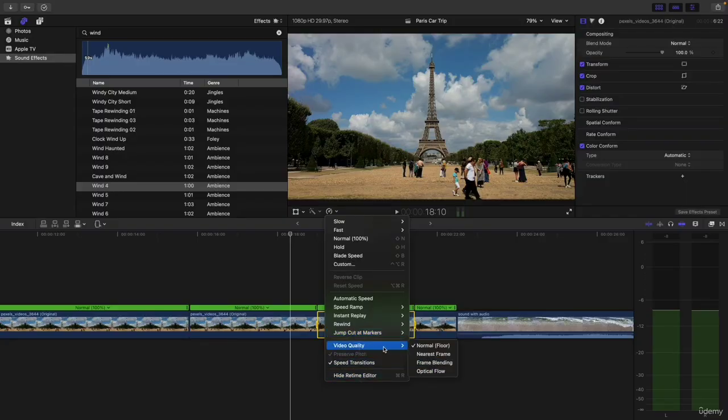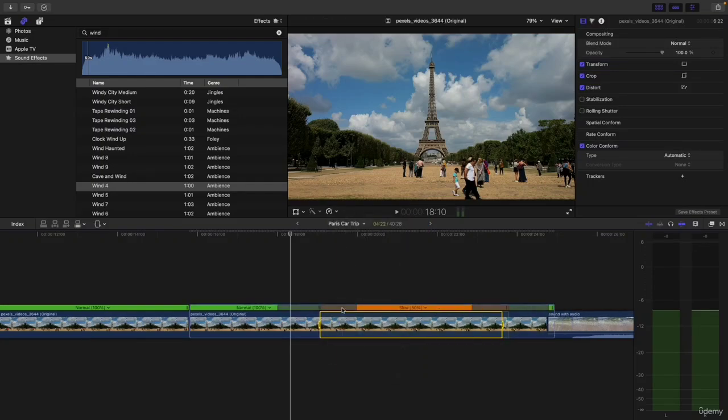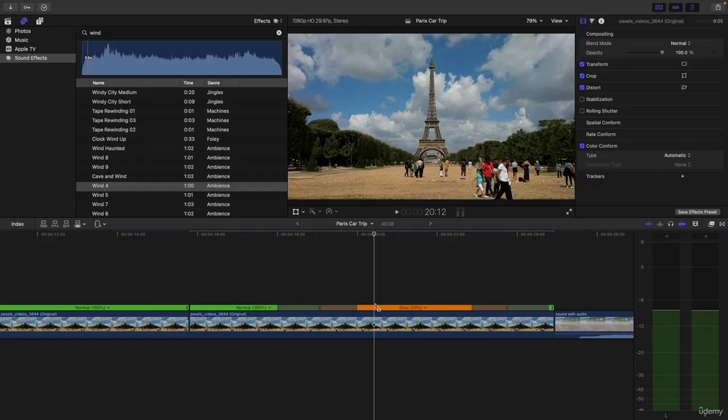From here, I suggest you go here, and you will see the video quality. If you want to make your changes very effective, maybe let's say we have applied slower motion of 50%. Now you can see this clip. If you tap here and click on slow, this part has become slower. But if you want to make it more smooth and soft,